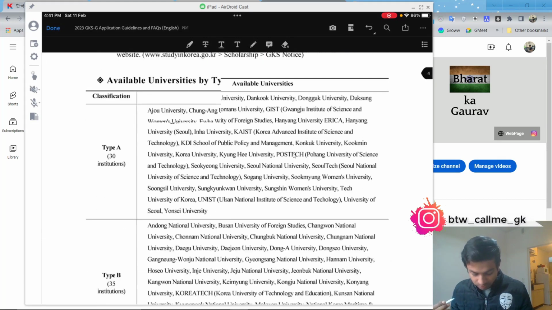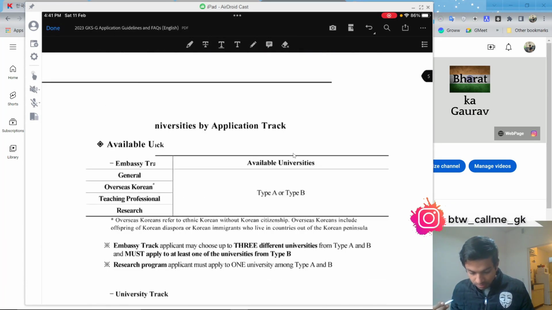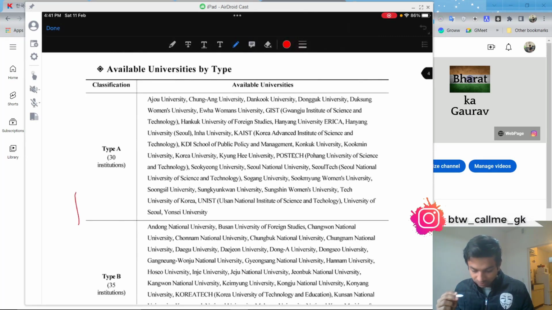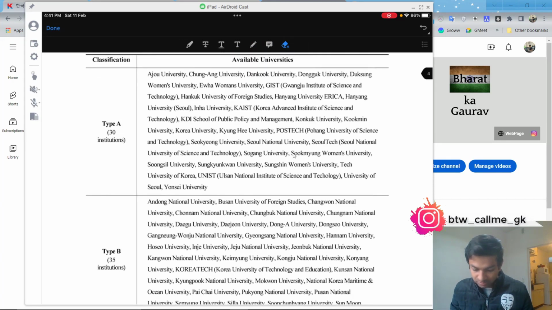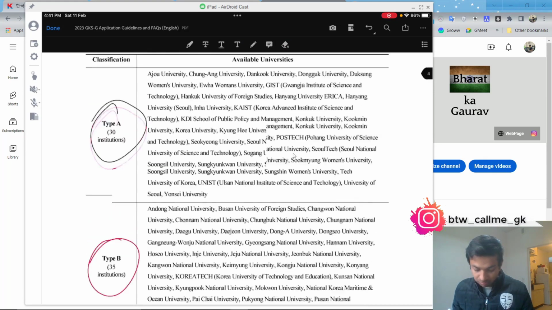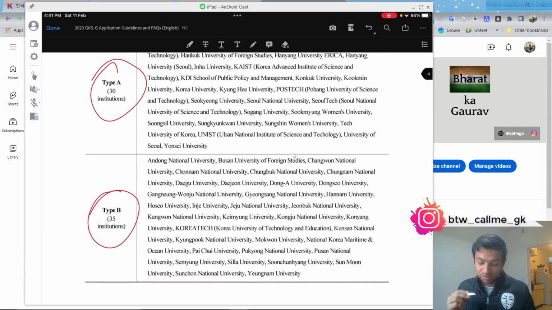Now this is another piece of information. Last year they did some very messy things about distributing the universities, but this year they have made it simple, that is type A and type B. You can see there are two types of universities, type A and type B. When you fill your application form you have to fill type A or type B and then select the university like that. Moving ahead,